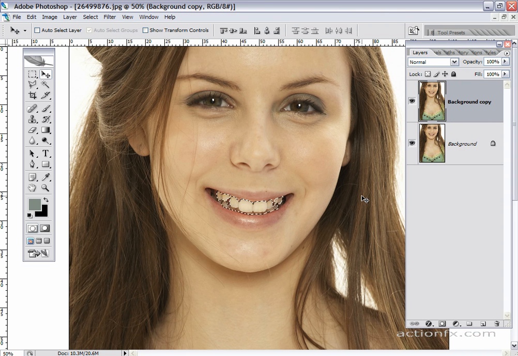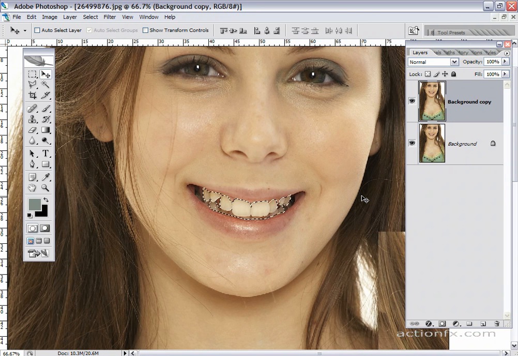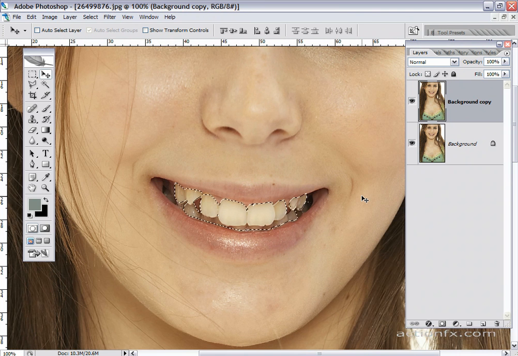Here's a cool little trick you can pull on family and friends, and I call this reverse dentistry. What I've done is defined a textured pattern, and now I've isolated the model's teeth. Let me zoom in a little bit here so we can get a better look. Okay, and I isolated her teeth, made a selection using a combination of the magic wand tool and the polygonal